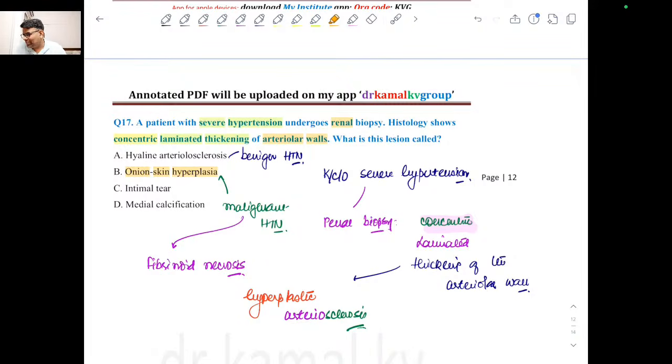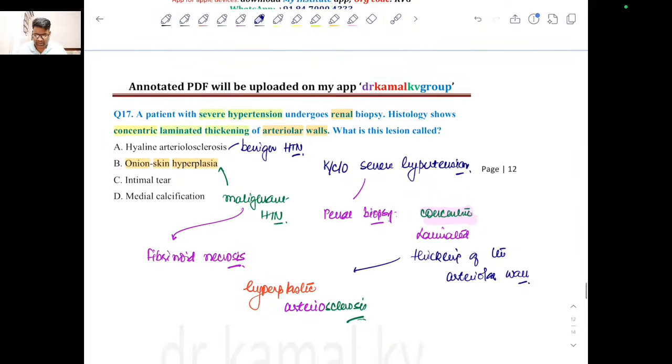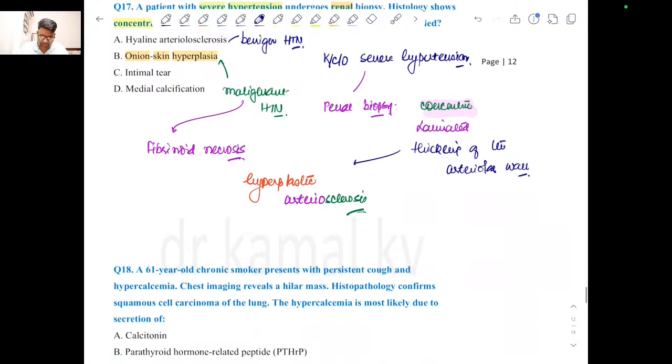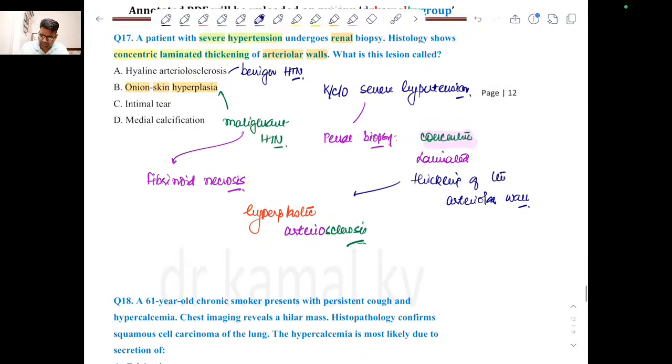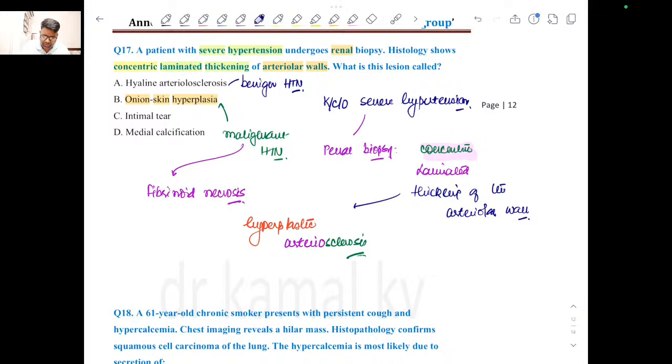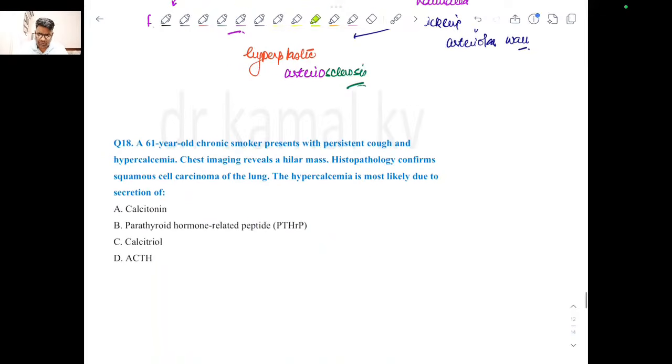And intimal tear, yes, that's very good for aortic dissection. It has nothing to do with kidney. Very good. Medial calcification is seen in Monckeberg sclerosis. Okay. So anyway, that's how you should solve this question. So this is onion skin hyperplasia. Next question,